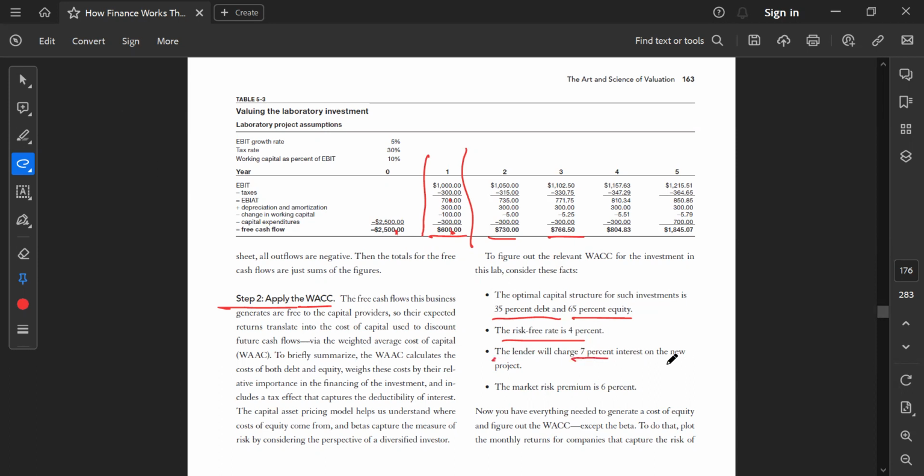लेंडर हमसे 7% इंटरेस्ट चार्ज करेगा, और मार्केट रिस्क प्रीमियम 6% है। सो हम वेटेड एवरेज कॉस्ट इन इंफॉर्मेशंस की मदद से निकाल लेंगे, एक्सेप्ट द बीटा। बीटा भी याद है आपको बताया था कि बीटा इज बेसिकली अ काइंड ऑफ रिग्रेशन एनालिसिस जो मेजर करता है कि आपका स्टॉक बाकी मार्केट के कंपैरिजन में कैसा परफॉर्म करेगा।